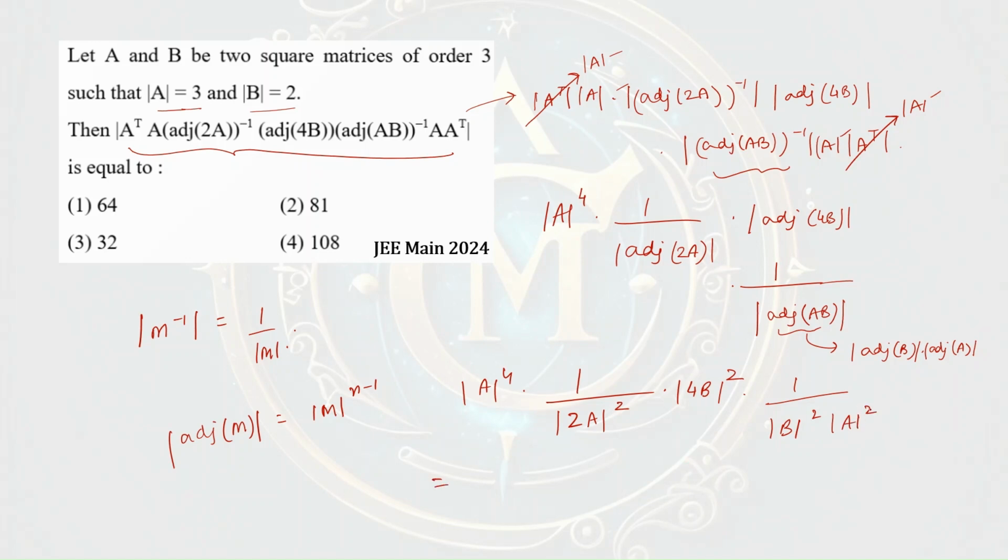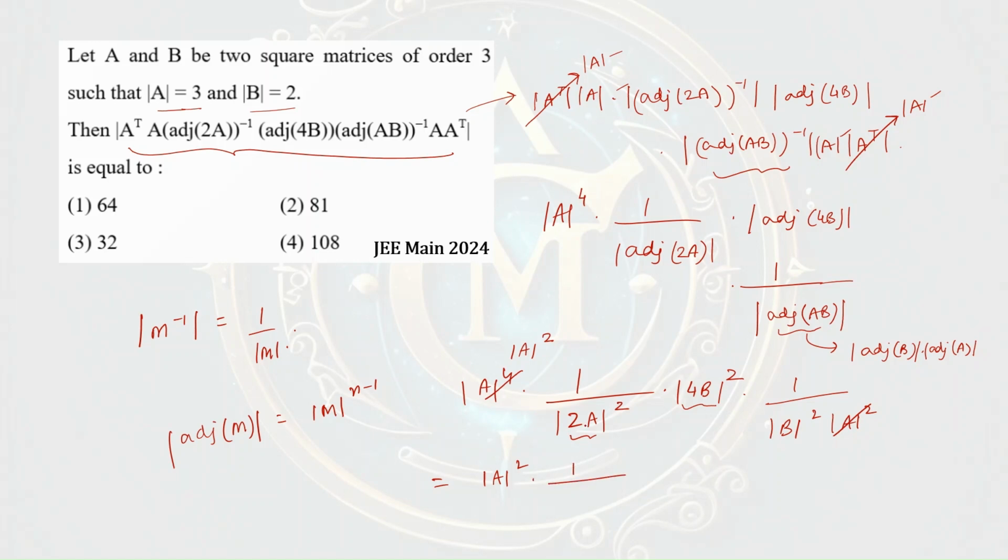So this determinant of A square will be left there, and if we calculate these determinants, this is of the form determinant of kA. As n is 3, that's the order of A and B matrices, so this will be equal to determinant of A square, this, and then